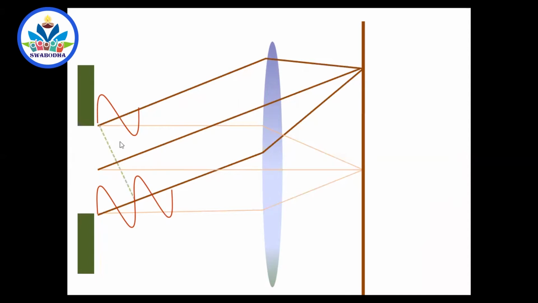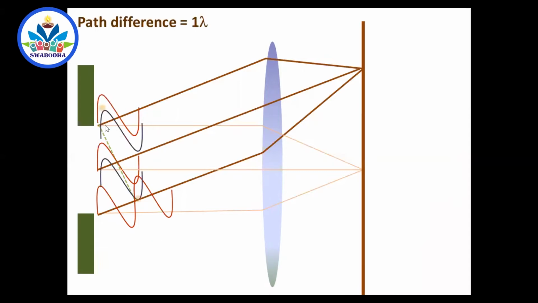If this is 1 lambda, then this is a dark fringe. Why? Because here is a wave which is starting with half lambda path reference. So this wave and this wave will cancel each other. That means they interfere destructively. Similarly, for a wave starting from here, there is a wave starting from here. For a wave starting from just below this wave, there is a wave starting from here, which has a path reference of again lambda by 2, and they also cancel each other.